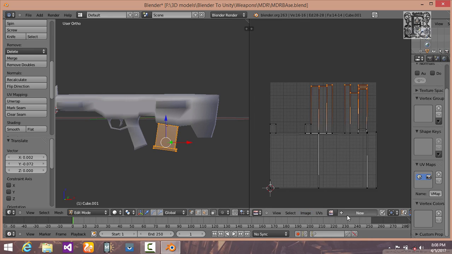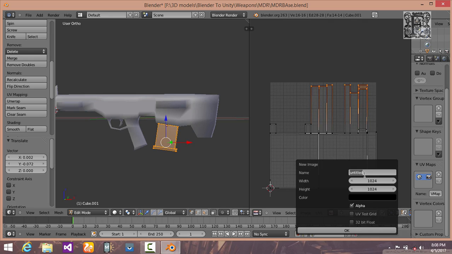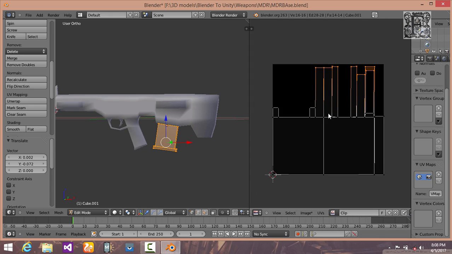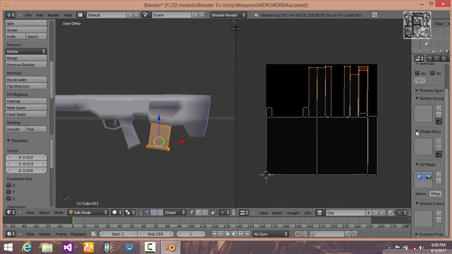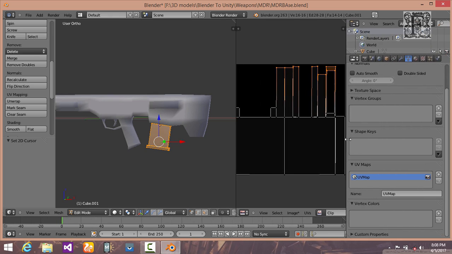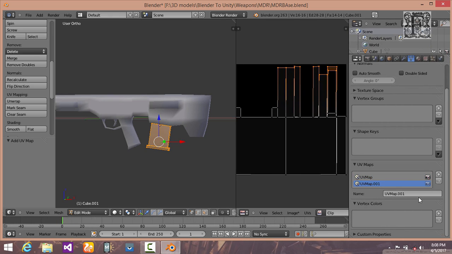Alright, let's create another image. This time let's say clips or clip. Okay, click OK button, and now we are here. On the next step, press this plus button under this UV maps, and now rename this paint again,